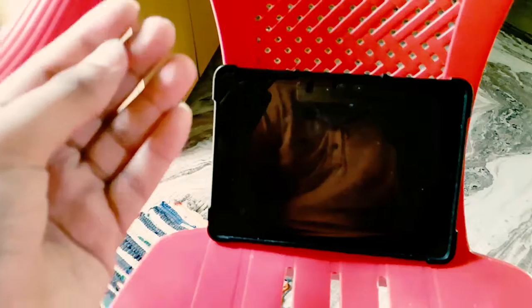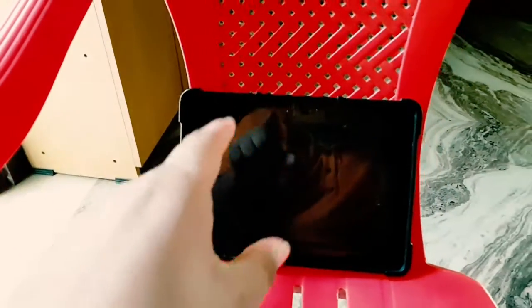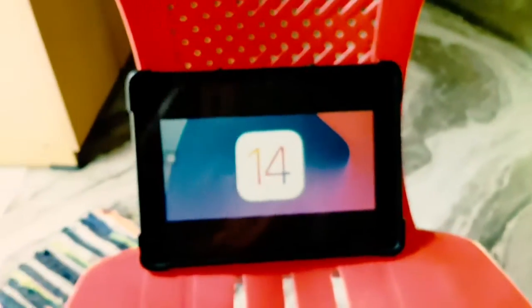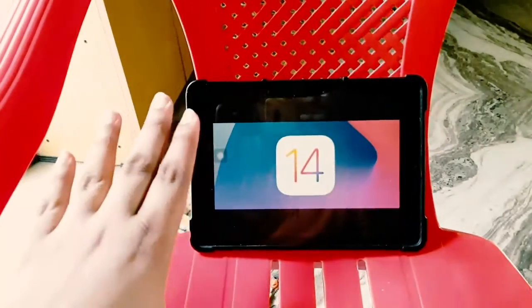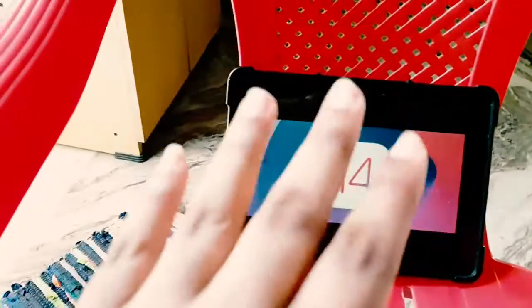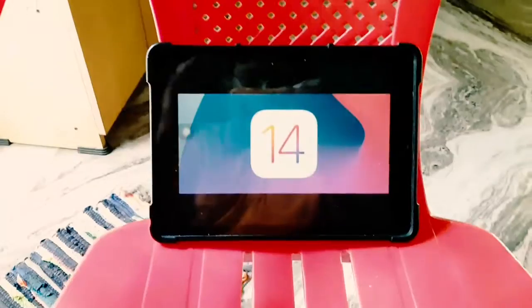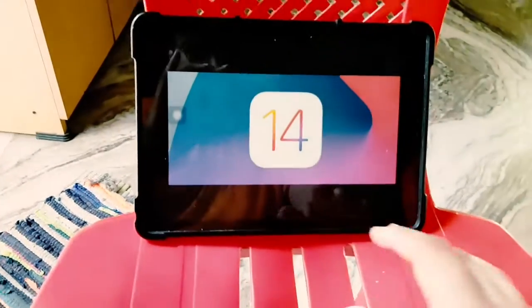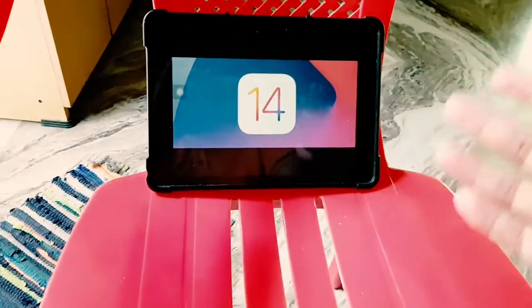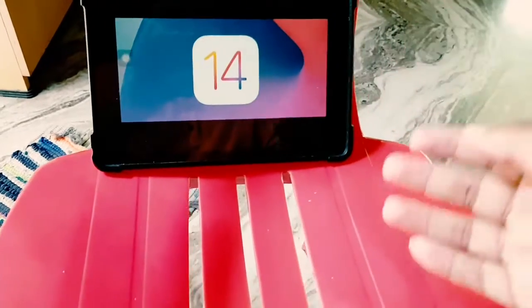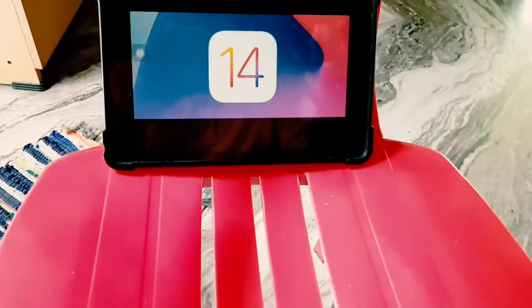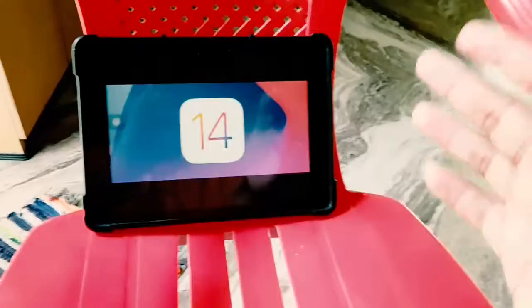So today I'm going to share my favorite features in iOS 14. But wait a minute, my review is going to be very different this time. There have been quite a few launches of iOS 14 betas for iPhones and iPads, but I have tested on my iPad.